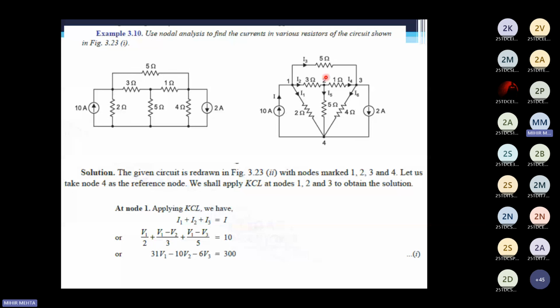So I2, which is nothing but V1 minus V2 by 3. Now here we are not taking V2 minus V1 by 3. We are taking V1 minus V2 by 3. Why? Because we know that the current direction here is moving from terminal 1 to terminal 2. So that is why it would be V1 minus V2 by 3, that is the incoming current, plus the outgoing current, that is I4, that is V2 minus